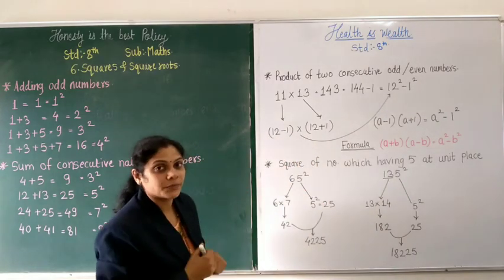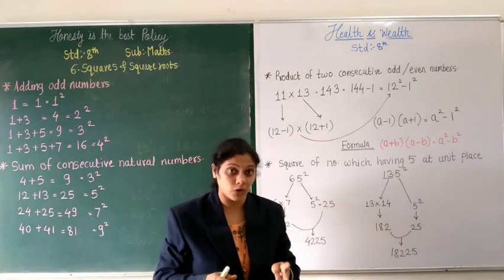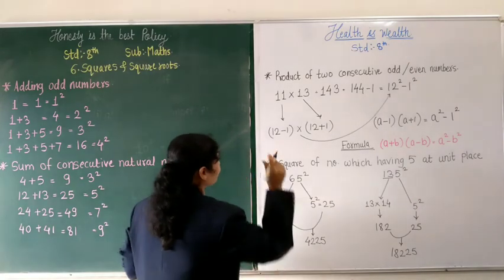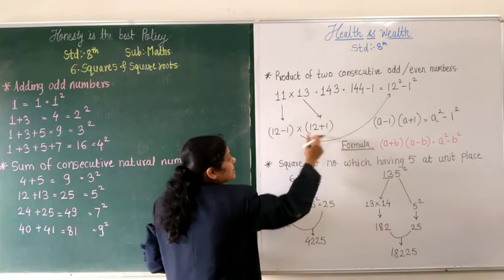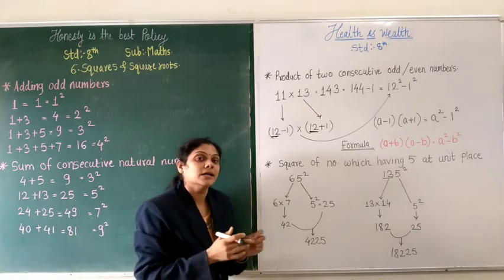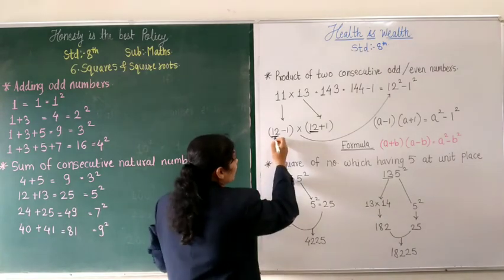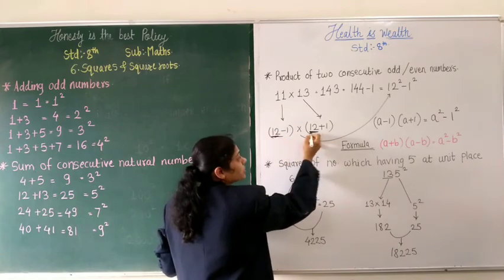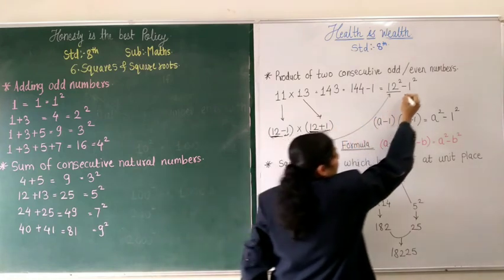So how we can find out? Already you have given many competitive exams and in that you have studied many formulas also. So here we are going to use one more formula. Okay. Now listen here carefully. 11, that means 12 minus 1, and 13 is 12 plus 1. So look at here, any one number should be common when we are finding the easy addition or subtraction operation of these numbers. Okay, so 12 minus 1 and 12 plus 1, we get here 12 occurring 2 times. So 12 square and 1 occurring 2 times, so it is 1 square.